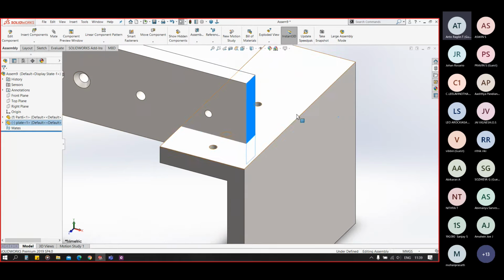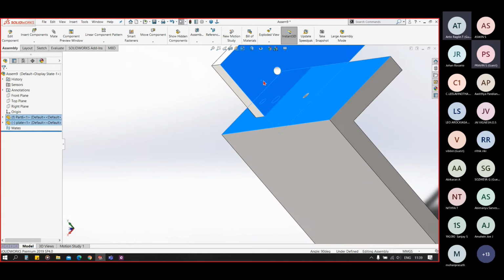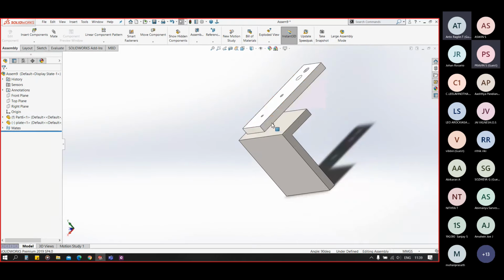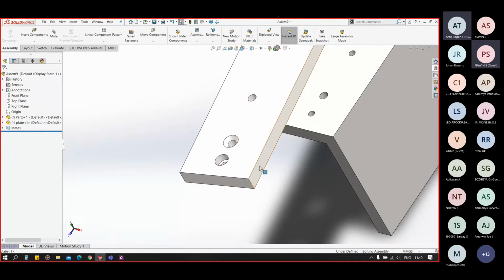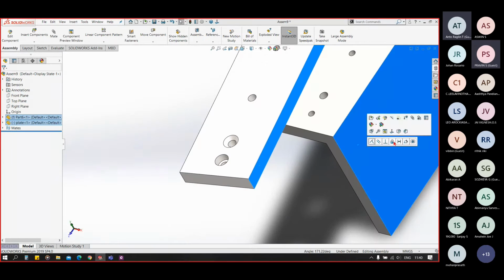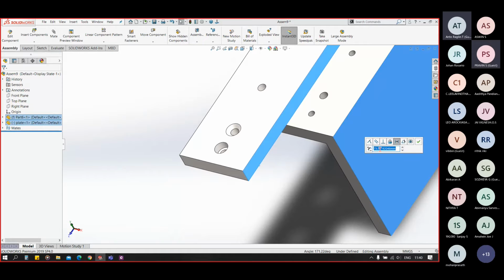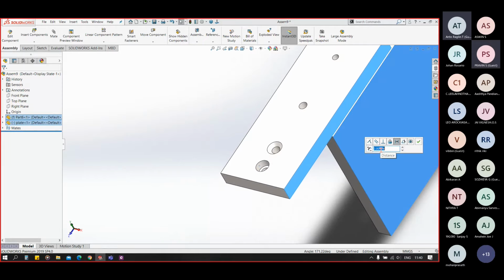Now what I'll do, I'll mistakenly put that hole in a misaligned manner so that we can check the misalignment here.